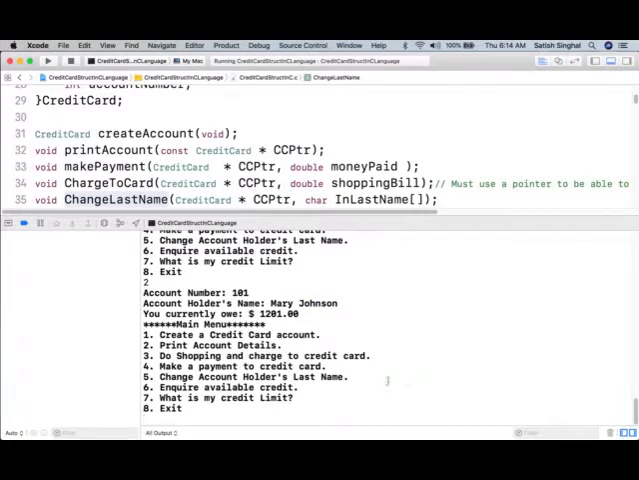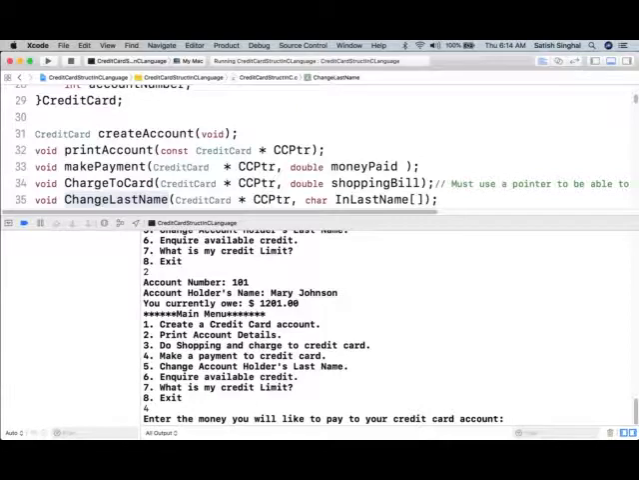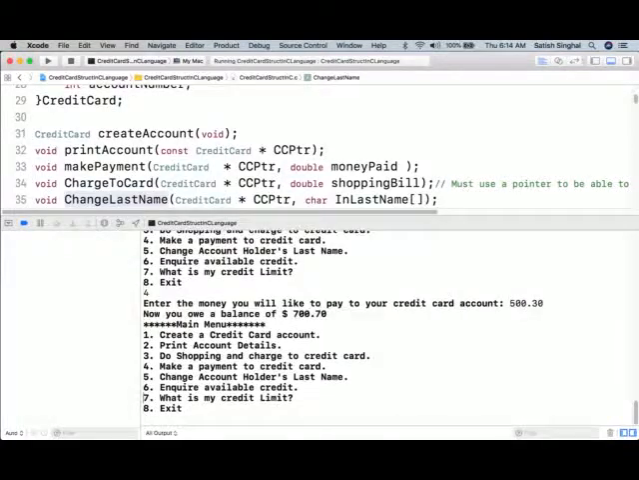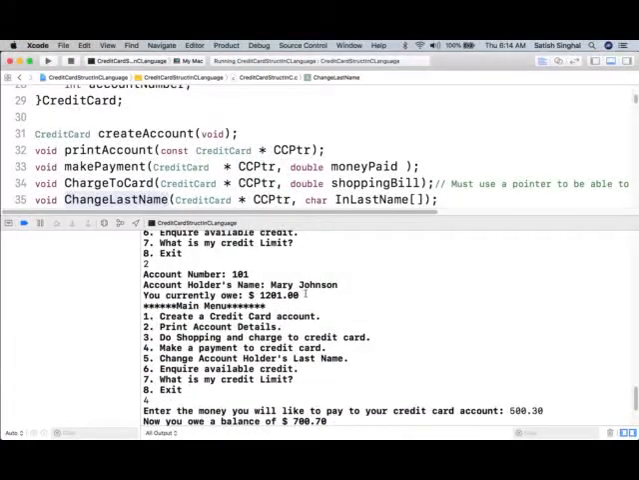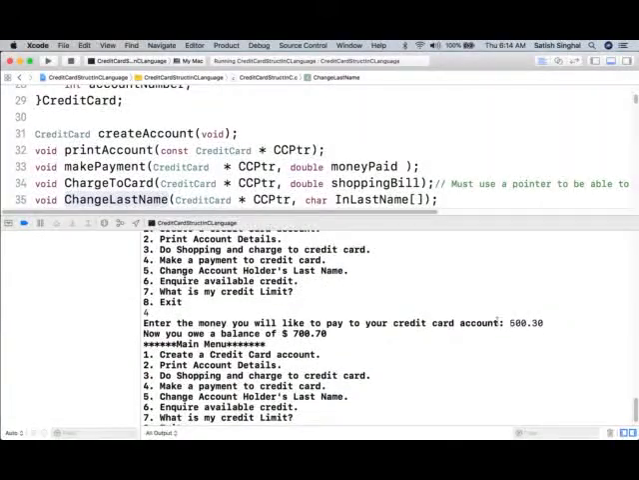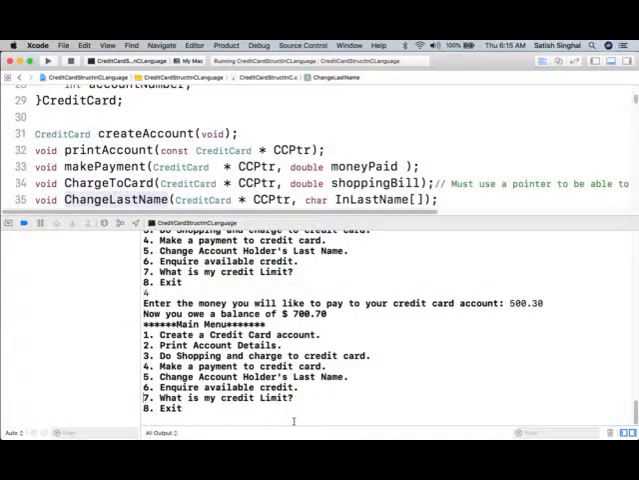Let's say she wants to make payment to her credit card, number 4, and she wants to pay maybe $500.30. So that's processed, and her amount owed now reduced. See, earlier it was $1,201. She paid $500.30, and that got reduced. Okay,